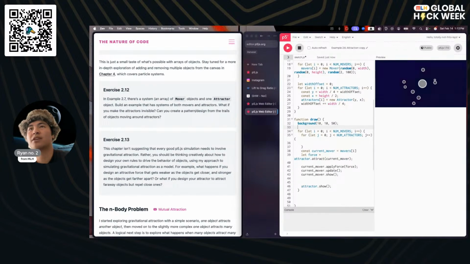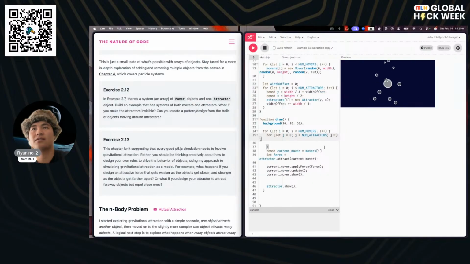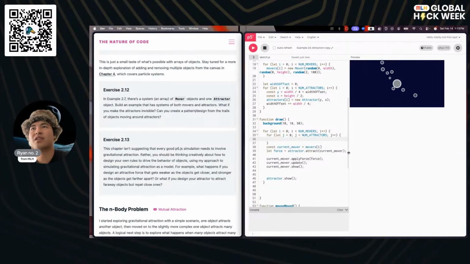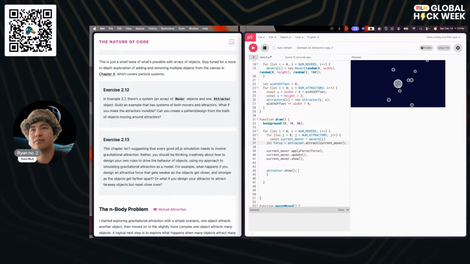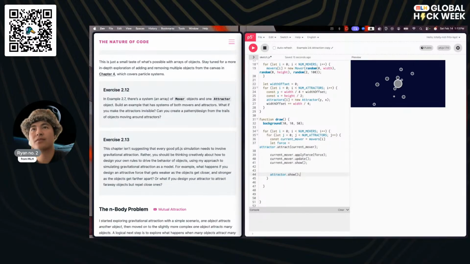Okay, so we can't run the function just yet because we're not done. What we're going to need to do next, let's see if I can hide this. Make this a little wider. Okay, so the next thing is we're going to need to move all of these inside our nested for loop. Current mover.